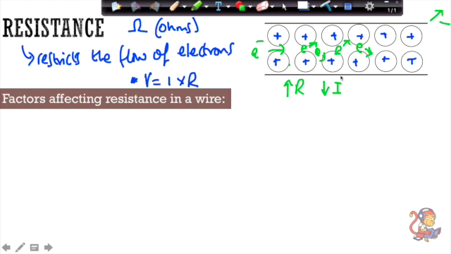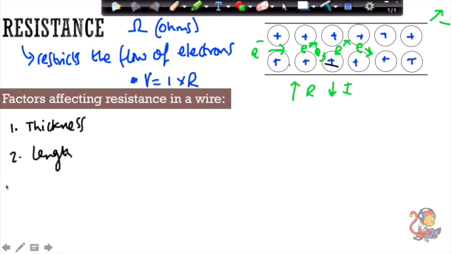So if you think of this kind of model, it will help you understand the factors affecting the resistance in a wire. And there's three that I want to talk about. The first one is the thickness of the wire. Second one is the length of the wire. And the third one is the temperature of the wire. So first of all, the thickness of the wire. If you increase the thickness,